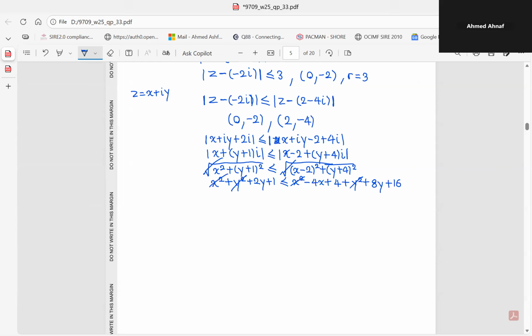Okay, let's just move all the y terms to the left hand side. So 2y minus 8 less than or equals to, so this one you can move to the other side, you get minus 4x plus 4 plus 16 minus 1. So you get,